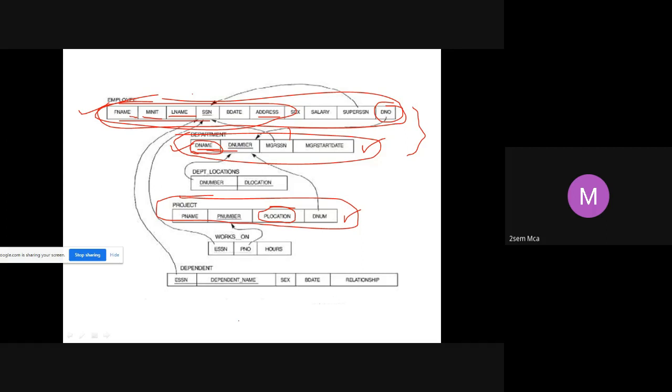We will get it from project table itself, because project table contains project location as well as number. Next, for each of these projects which are located in Stafford, let's say select P number from project where P location is equal to Stafford. I will get all the projects that are there in Stafford.